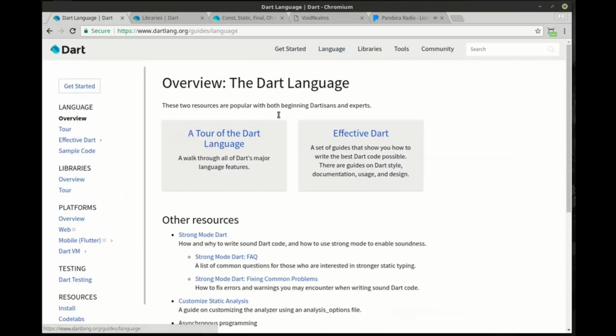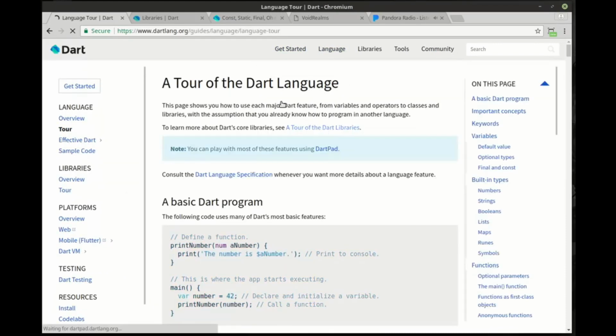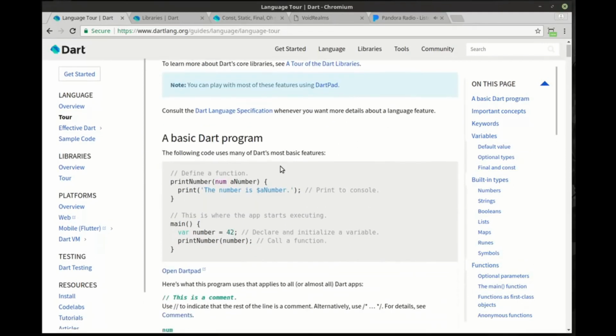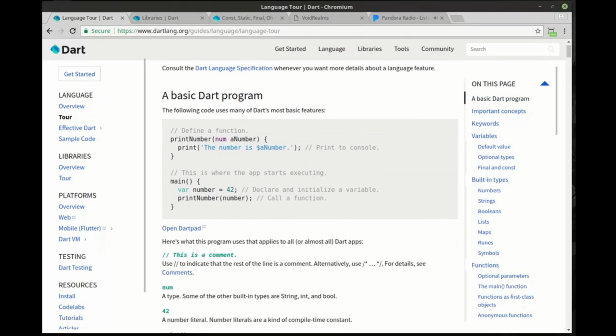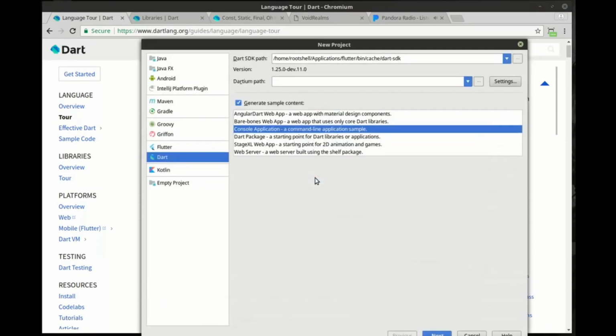So we're going to just click on language. We're going to go to tour, and this is what I'll really be working from, although I won't be following it verbatim, but I want to definitely point you to where you can find additional information here. So, tour of the Dart language. They walk you through what is a basic program, and we're just going to actually open IntelliJ, create a new project. We're going to make a new Dart console application,